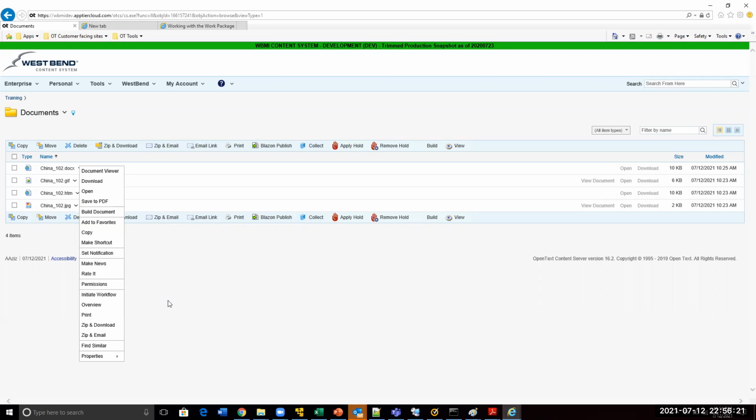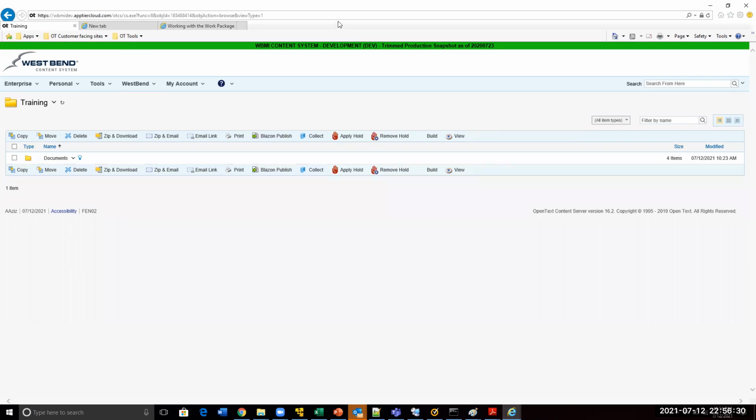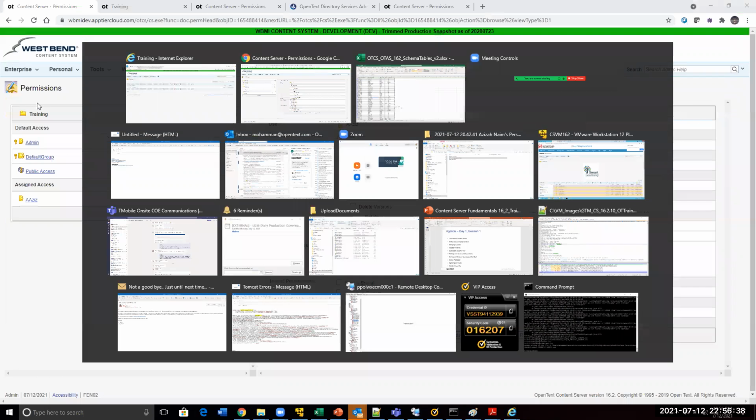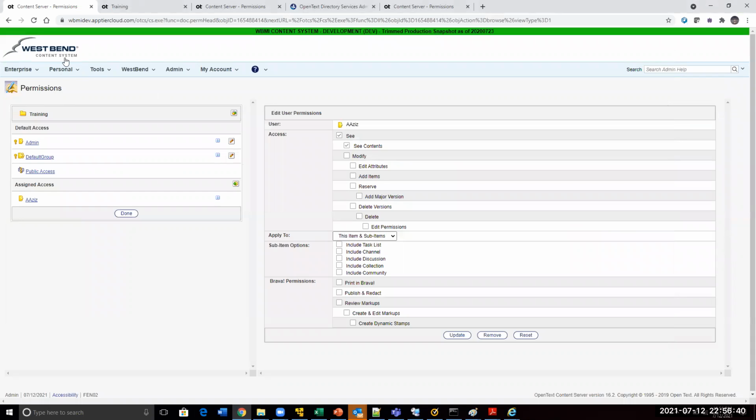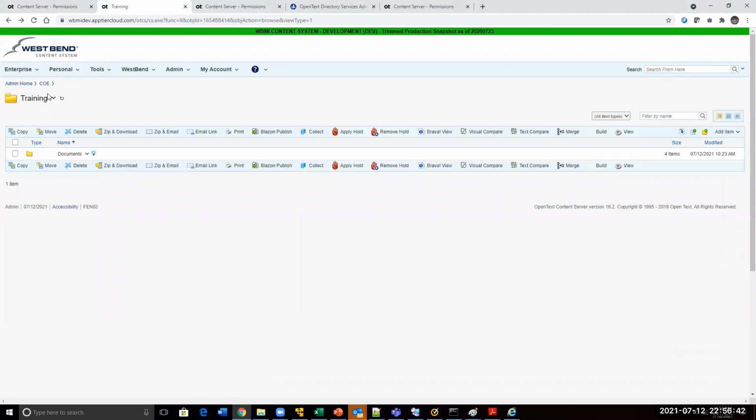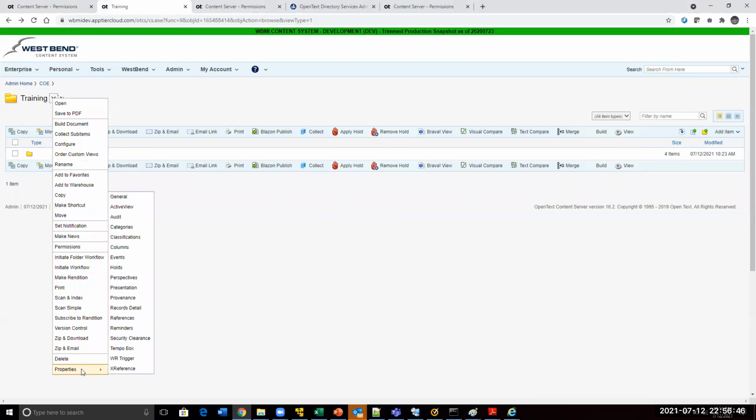Now let's say I want to access this, but I don't want to remember this training ID. This is where the problem is. This ID I cannot remember. How will I access this training folder as a shortcut? So what I will do is go back to the training folder in the admin account, go to the properties, then the general tab,